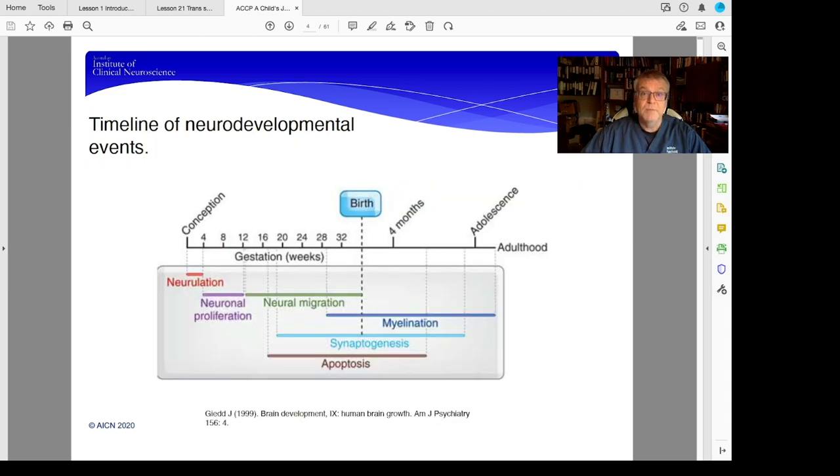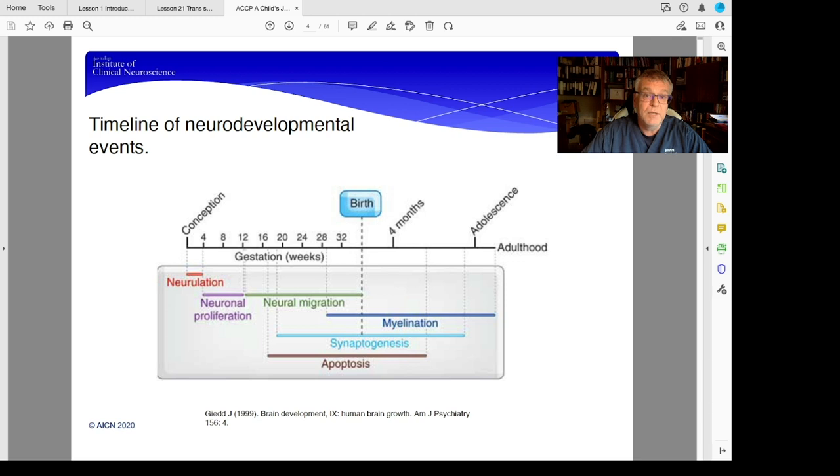Now let's talk about the timeline of neurodevelopmental events. So we have conception, and during that first 4 weeks, we have the neurulation component. We get neuroproliferation happening starting in about the 4th week, going through the 12th week. Now some patients won't even know, some women wouldn't even know that they were pregnant during most